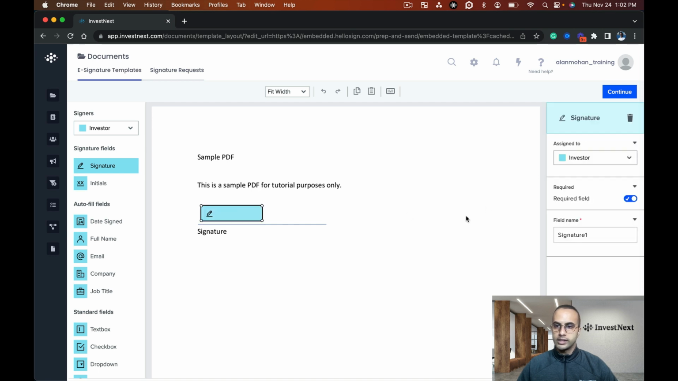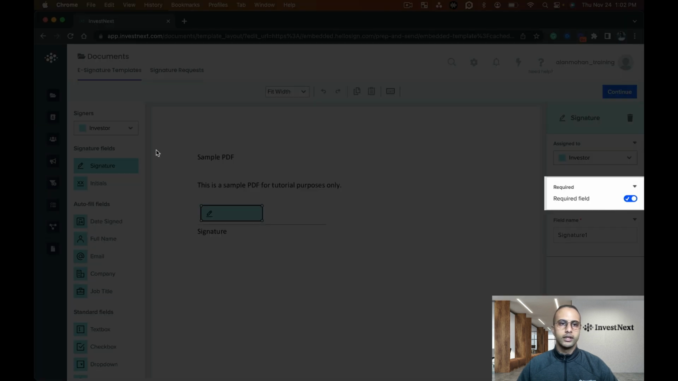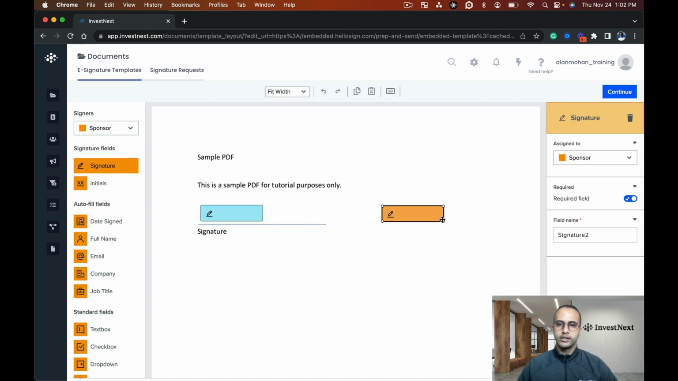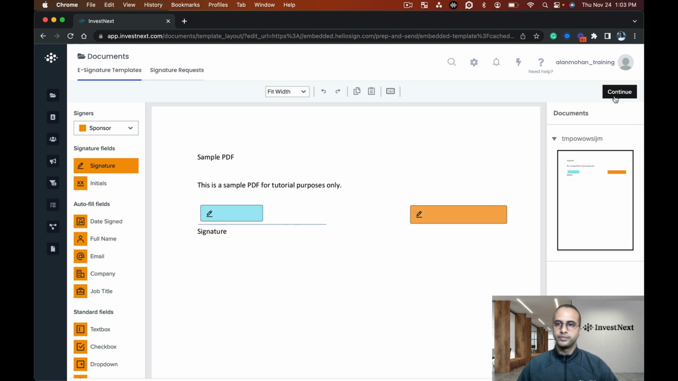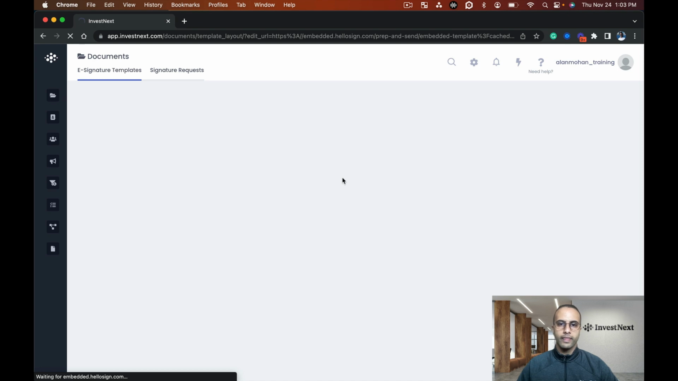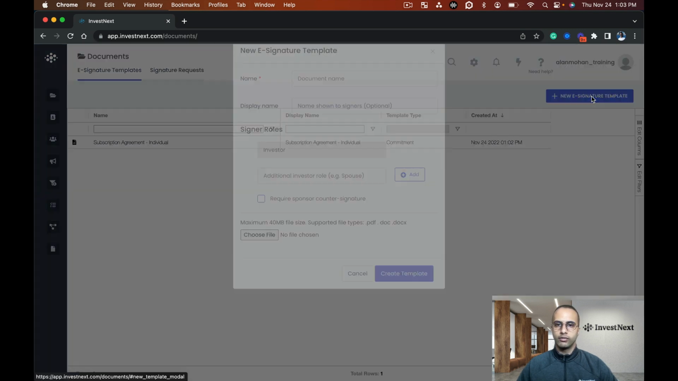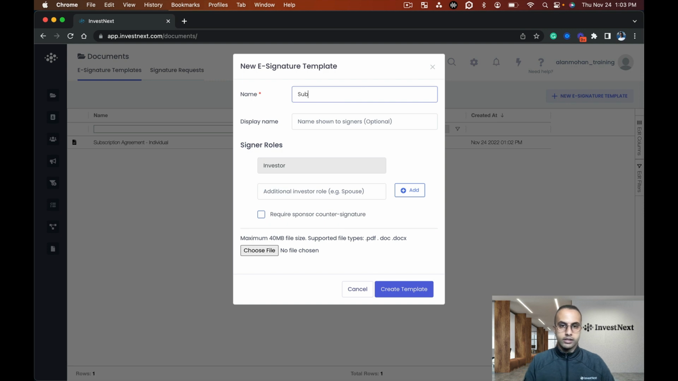And that we can see is a required field. And then I'm just going to put the sponsor right here, for instance. And you can adjust the sizing and everything. And then we're going to click continue. Awesome. So I see the subscription agreement here for the individual now. And I'm going to go ahead and add the other one. So this one, I'm going to say subscription agreement is for joint